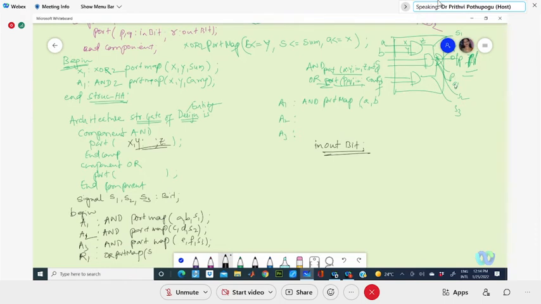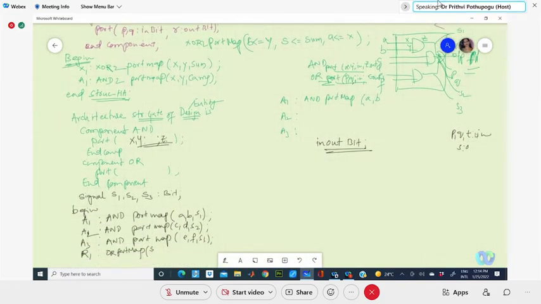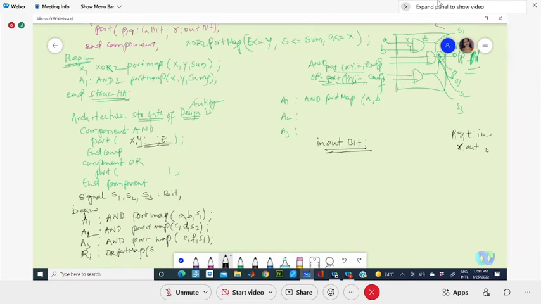P, Q, R, S is taken as say T. P, Q, T are in and S is out, say. Let me take this. What is declared here? R is taken as out. R is your out. So this was your OR gate.